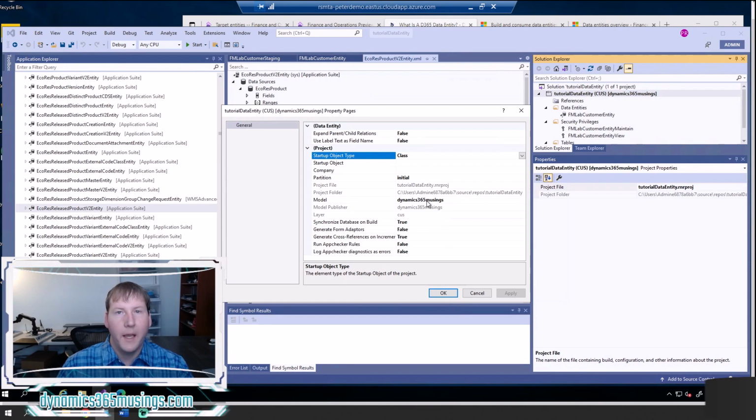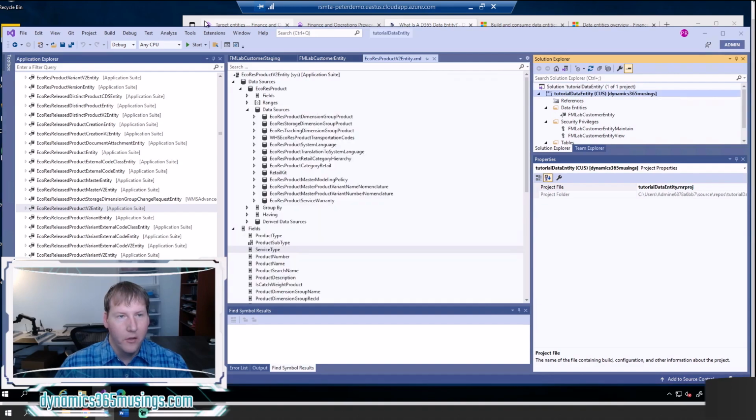I'll exit out. The next thing that's really important to do is right click on your project and specify your model. In my case, I've got a custom model called Dynamics 365 Musings. You can create that, or you can use the fleet management model if you want to for this example. But normally you're going to create data entities in your own custom model, and then if you're doing a data entity off of a base table, you just need to make sure your model has a reference to those base